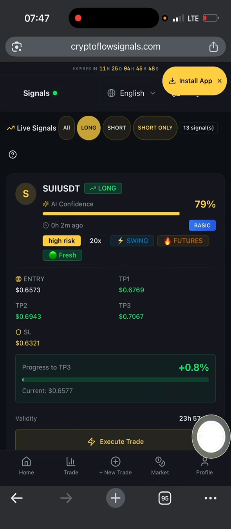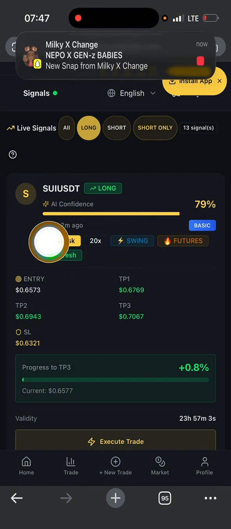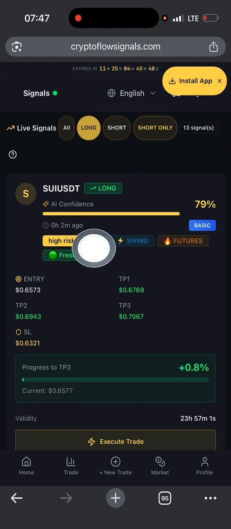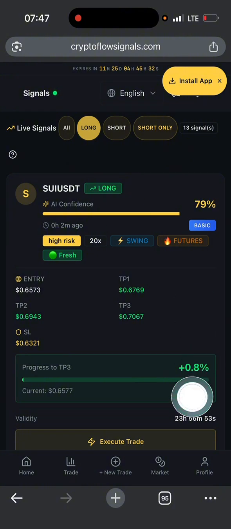Okay, 23 hours plus. Then make sure that it is recently published. The time age should be, let's say, less than 25 minutes. That is recommended. And also the progress to TP should be